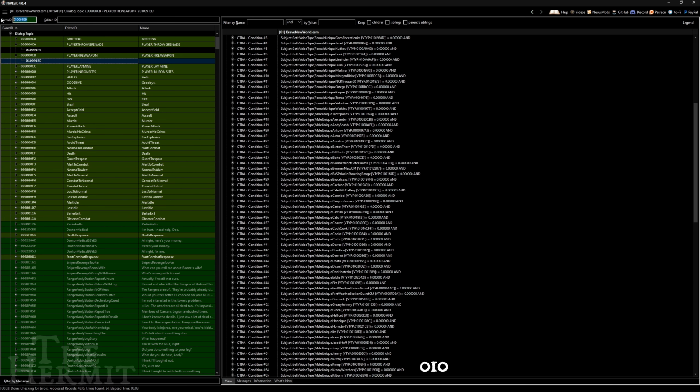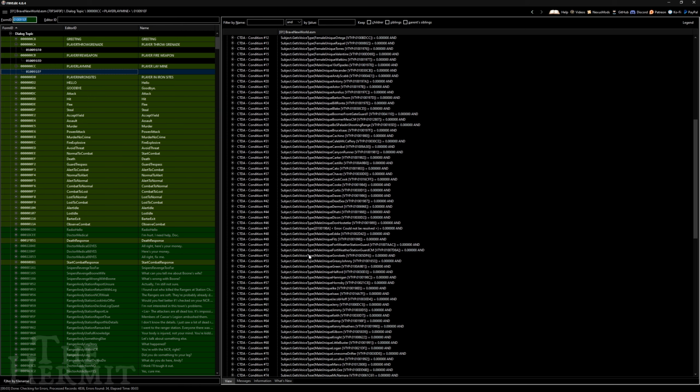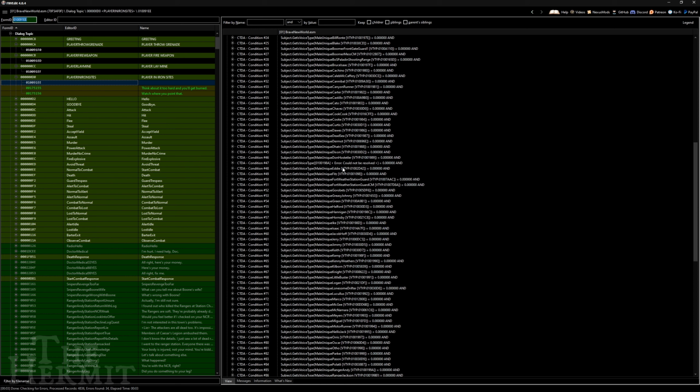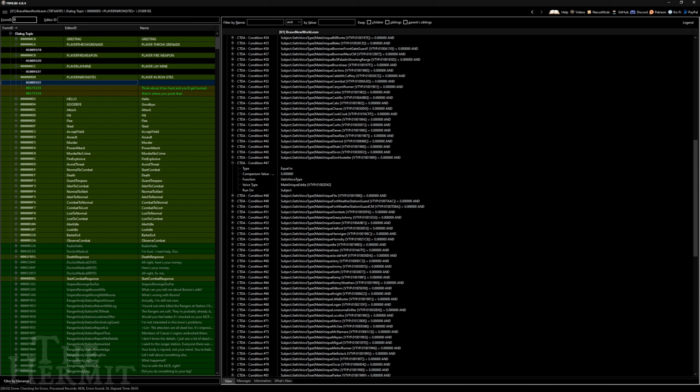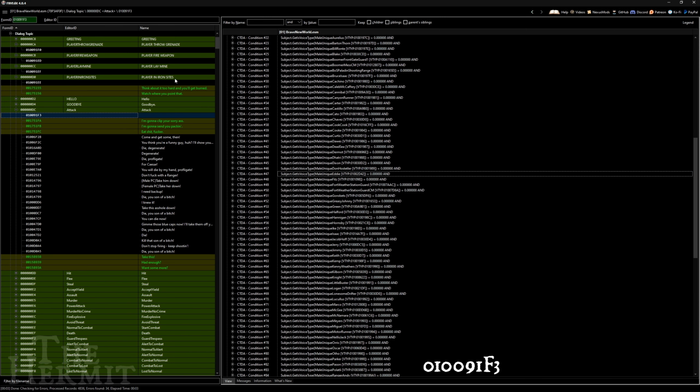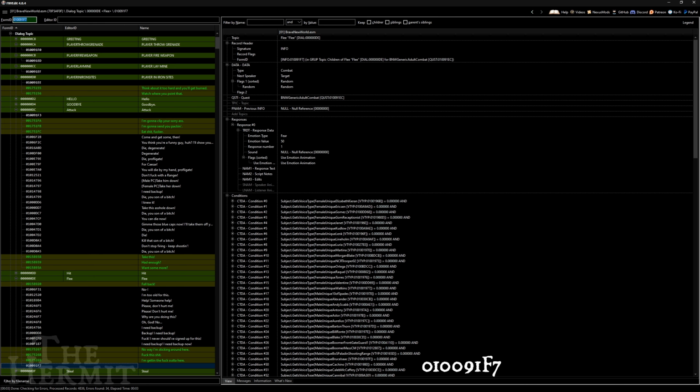Next is 010091EF. Navigate, same again, find it in the right-hand pane, delete. Next, 010091EE. Navigate, right-hand pane, find the error, delete. Go through the exact same process for 010091F3, 010091F7,